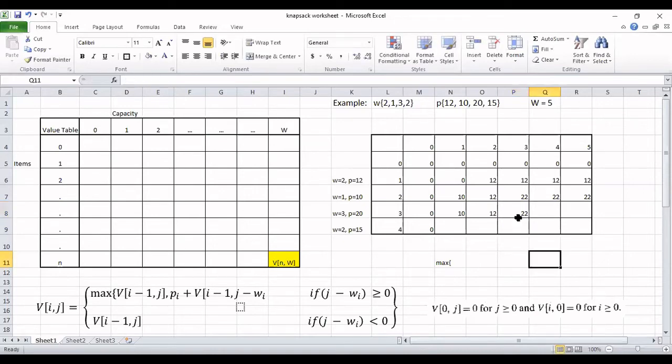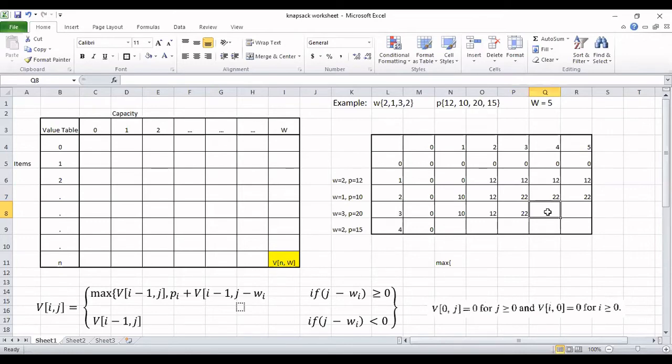The logical meaning behind this is that in the capacity of J, that is 3, you can accommodate items 1 and 2, or you can accommodate item 3. When you accommodate items 1 and 2, the profit is 22. If you accommodate item 3 by removing 1 and 2, the profit becomes 20. So the best way is to include items 1 and 2, that is the previous 22. Fine? Simple?